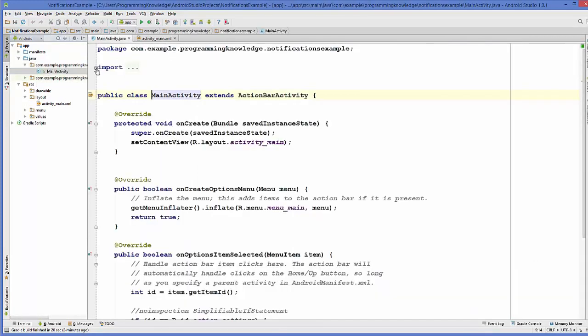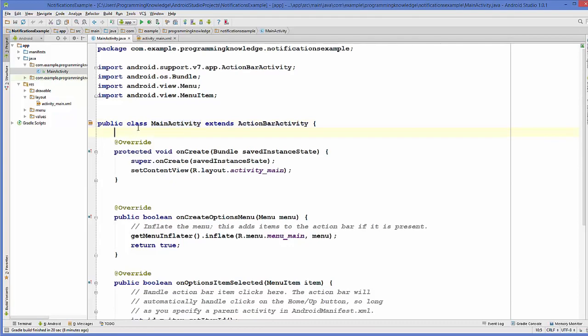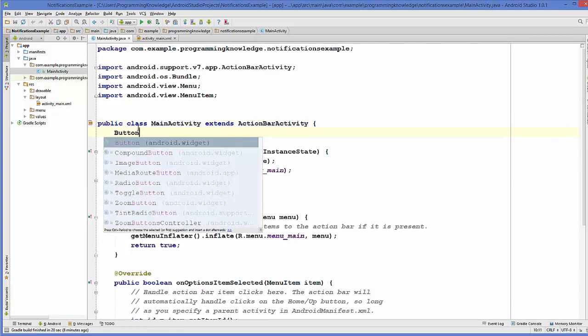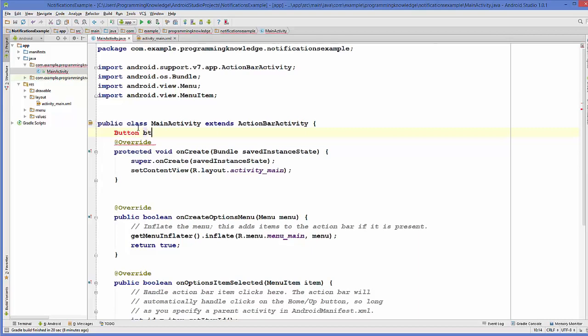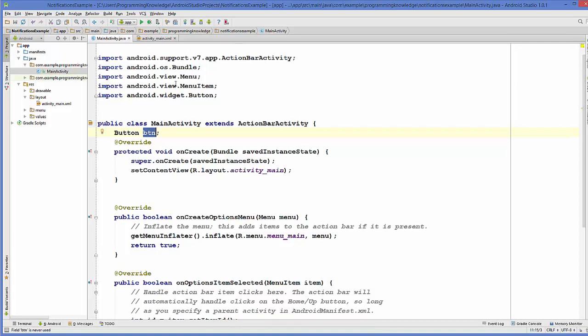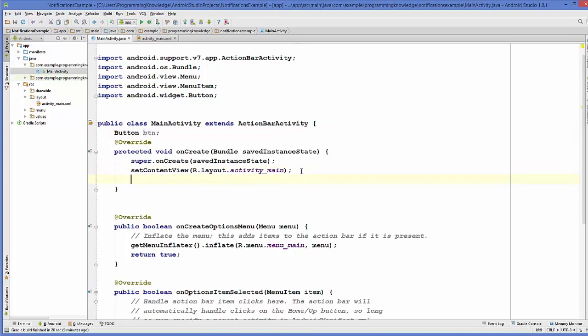So in here I'm going to declare a button variable, button btn for example, and I will give alt enter to include the button imports. And now I will take this button variable and I'm going to cast it inside my onCreate method. So button is equal to findViewById. After casting this button, we can use this button object